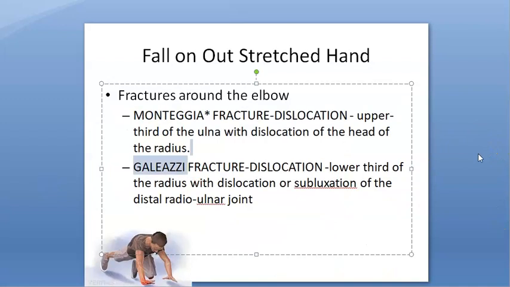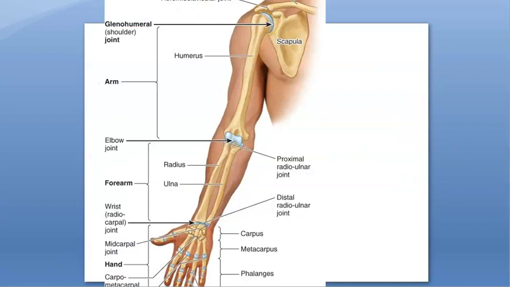Now what comes after supracondylar fracture of humerus? Just touch below. You have your elbow. Just come a little below your elbow. That is where you can have your Monteggia fracture dislocation. That is upper third of the ulna with dislocation of the head of radius. Okay, let's look at this. So Monteggia is fracture of upper third of ulna and dislocation of radius. Okay, that is Monteggia. So you will have to look at that video separately.